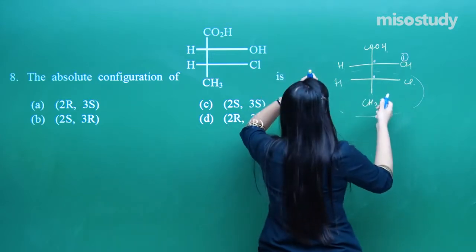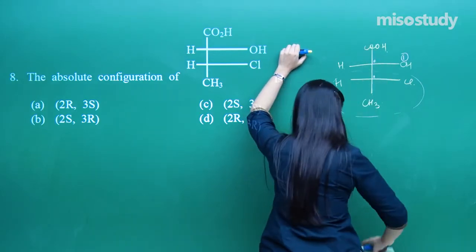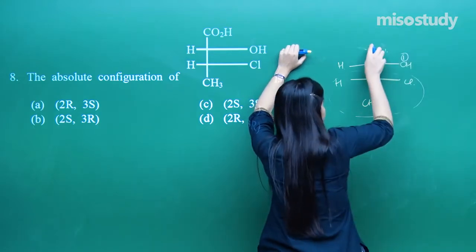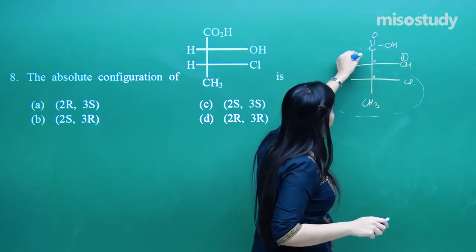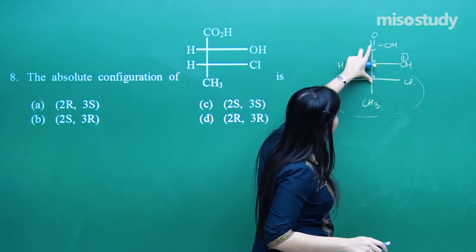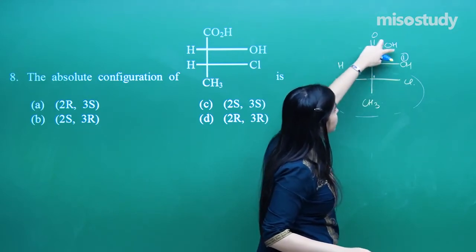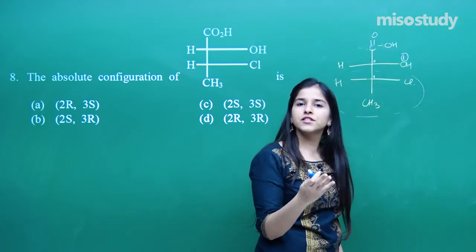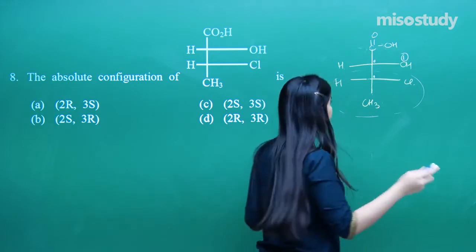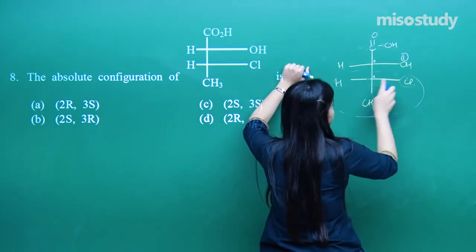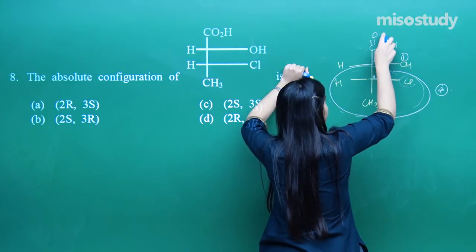And what else? Here, I move on to this carbon. Let me just arrange this properly. It would be somewhat this kind of a representation. If I move this way and this way, I've got a carbon, I've got a carbon. If I move further, I've got a chlorine and I've got an oxygen. Out of chlorine and oxygen, which has the higher atomic number? It would definitely be the chlorine. That means this whole group is treated as 2 and this is as 3.